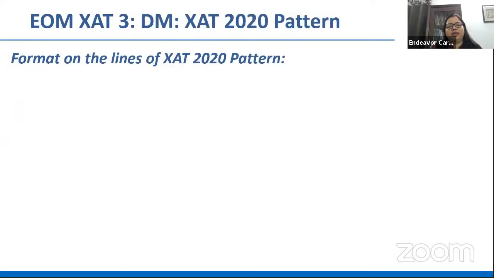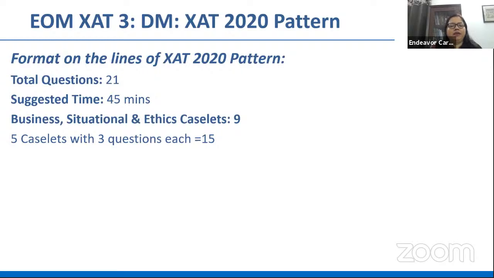also understand decision making. Again, decision making, we've stuck to last year's pattern, which is also the pattern indicated as per the mock test upload that you find on the XAT official website. 21 questions, and we always recommend a time of about 45 minutes. Some of you might be quicker and might be able to get through decision making in about 40 minutes or